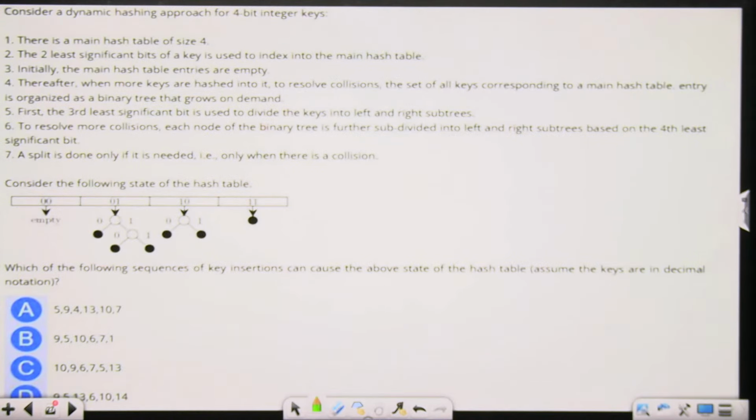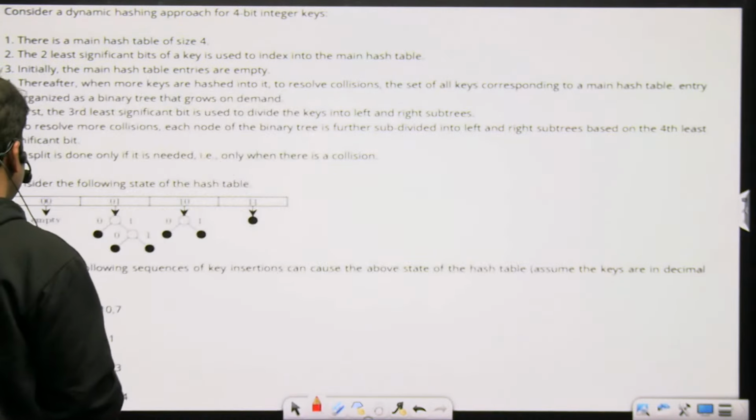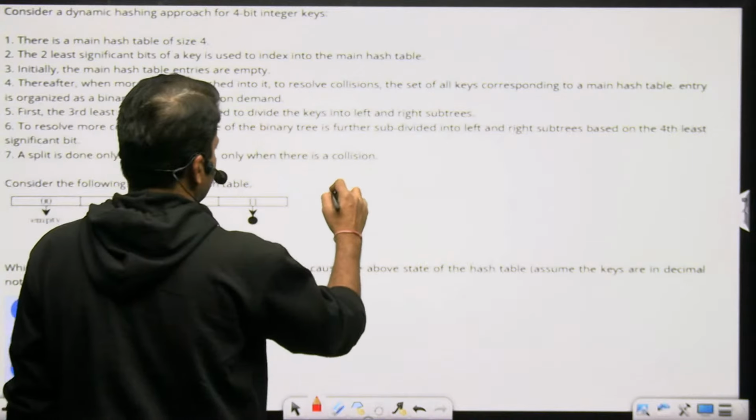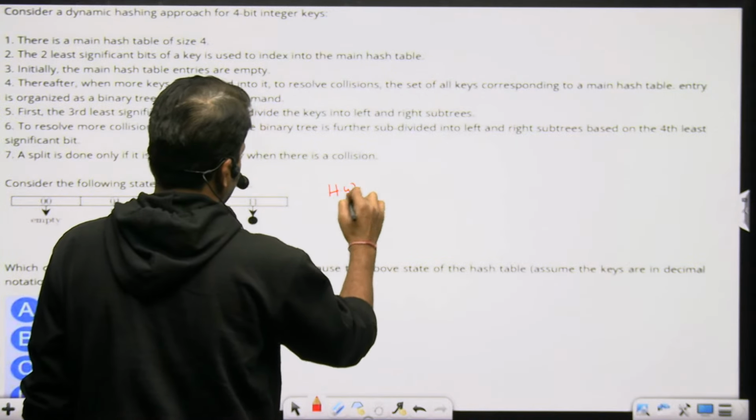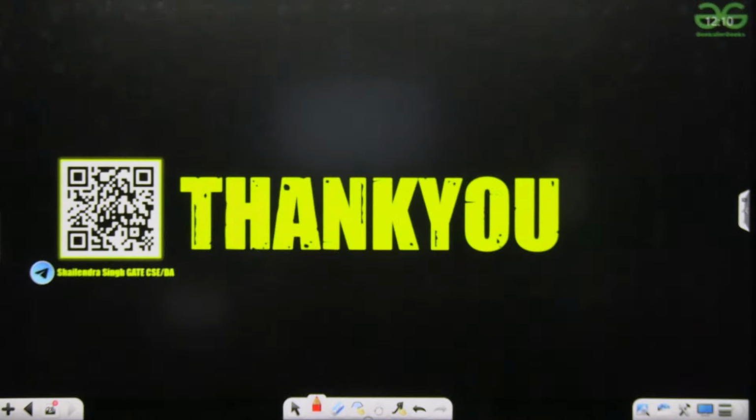ये होमवर्क है, कर लीजिएगा। गेट का पीवाईक्यू है, सिंपल क्वेश्चन है, टफ नहीं है बच्चे, थोड़ा सा सोचिएगा। This is very simple question, so try yourself. होमवर्क, so that's all, thank you,